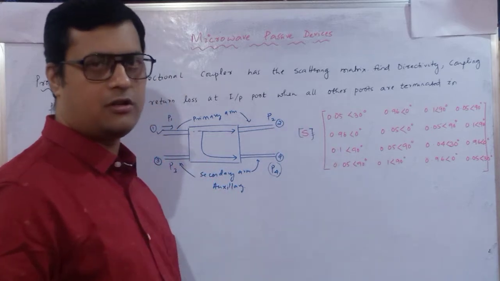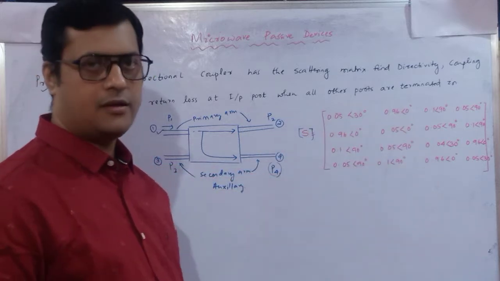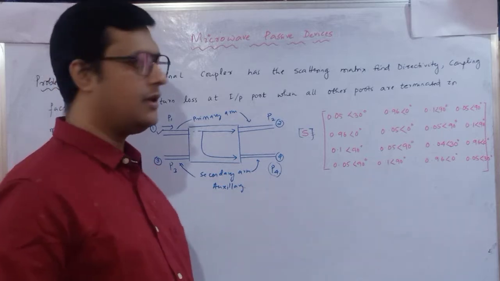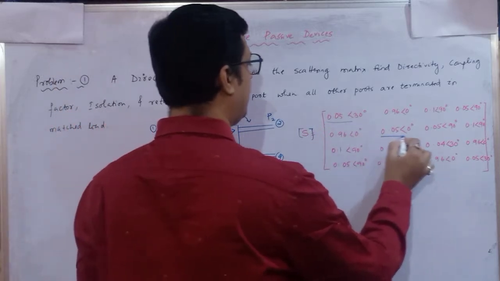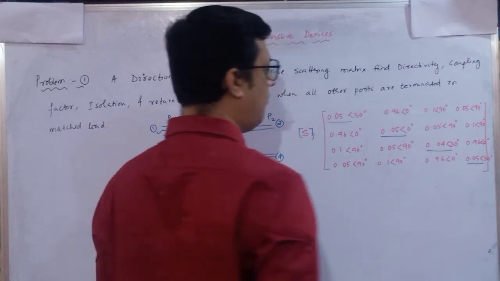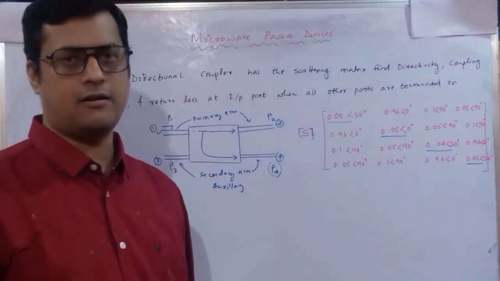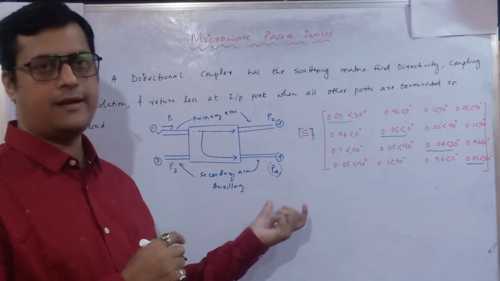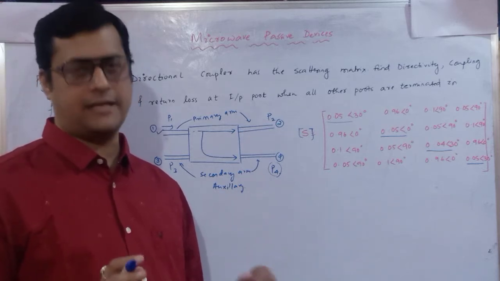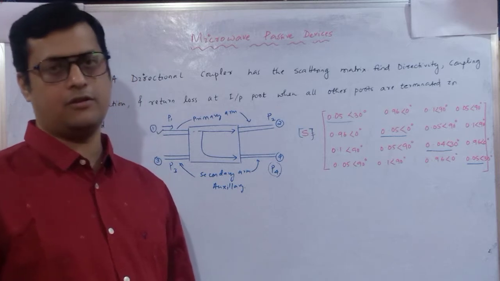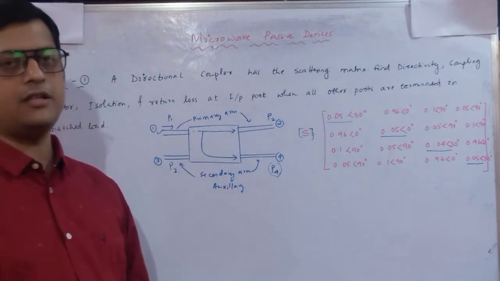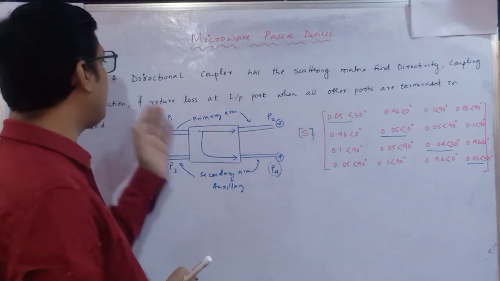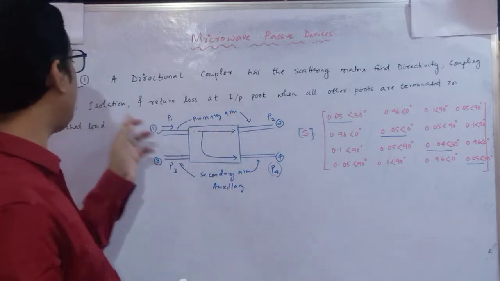Since it is a 4-port network, we will have 16 parameters: S11, S12, S13, S14, similarly up to S44. So this is our S11, this is our S22, this is our S33, this is our S44. Here the diagonal elements are not 0, which means these are mismatch conditions. And we know that passive devices are very poorly matched. We need to match them. The reflection coefficient needs to be matched with respect to the transmitted part, and then only the maximum power is delivered. Now with the help of these parameters, how are we going to identify the directivity, coupling, isolation and return loss.